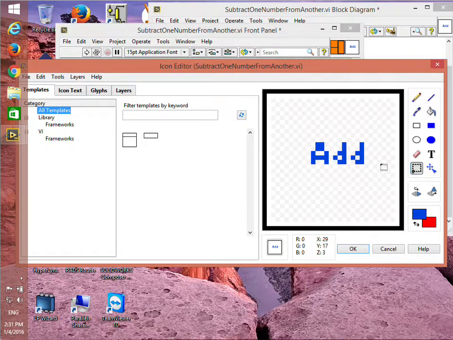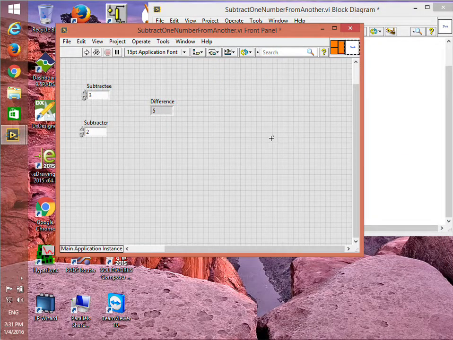Let's try this again. And let's see if we can get it to delete. Okay, we got it to delete. Now we will put our text and it will center, and we'll call it sub. You could get fancier, but that will do for our purposes here. Okay, so now if we save this,